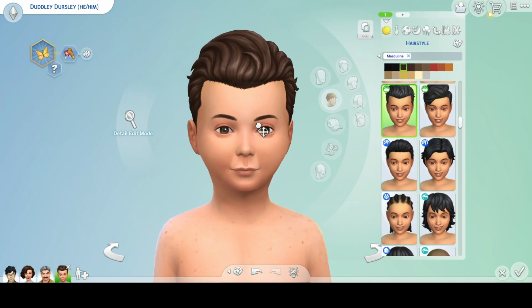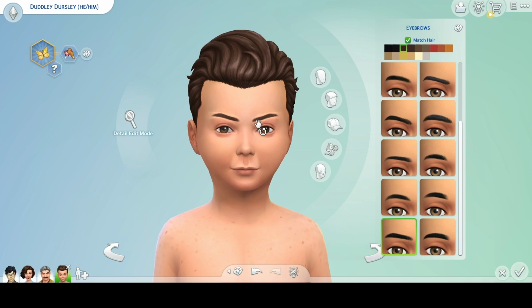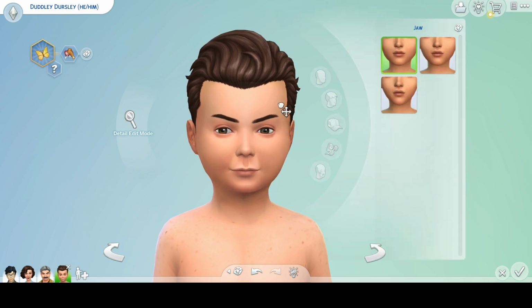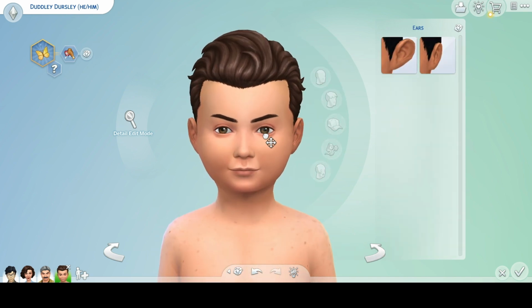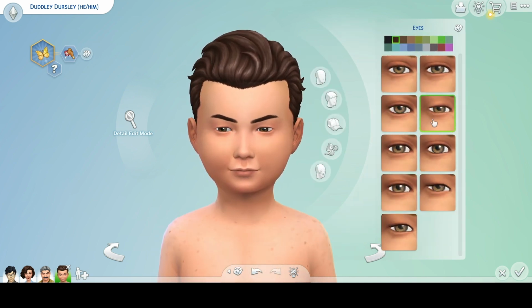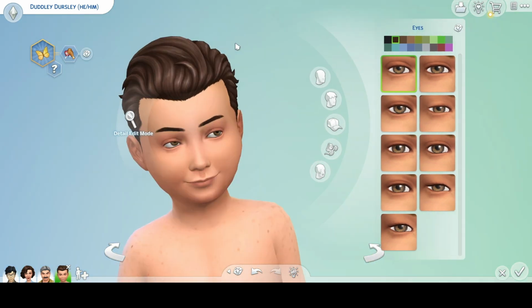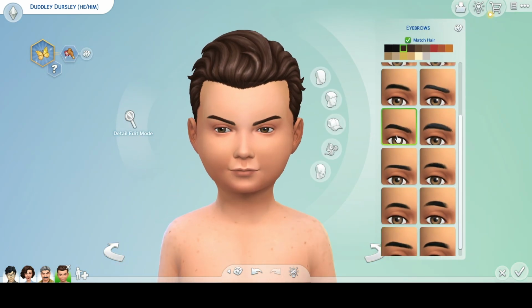I tried to give Harry a scar on his face, and EA was like, no, kids don't have scars. And I'm like, what do you mean? Of course they do. But anyway, no scar for Harry, unfortunately. It's just not something we get unless I'm willing to download a mod, which I'm not. So here we are. I'm trying to make Dudley as sort of an